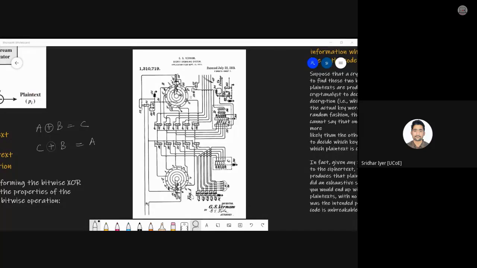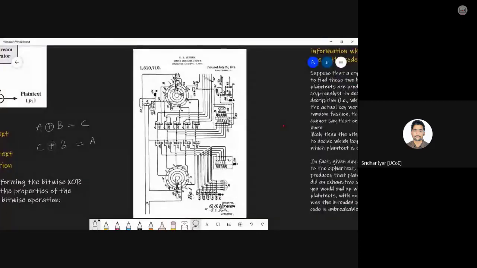Yes, now I want answers. Correct. We need to repeat the keys because ultimately we do not have the provision of adding one more paper or one more key, because we have run out of those keys. So at that point of time, whatever key we have already used, we will again reuse inside the machine. And this is what we call reusing the keys. Correct? It is not suitable for a long text. For a shorter text, we can use such a machine. We can't use it for a long text.